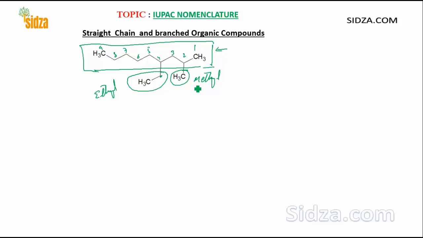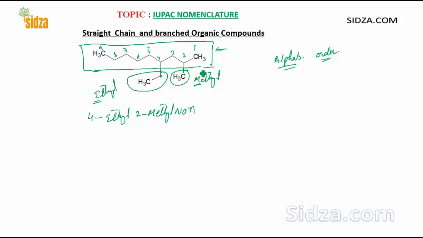Okay, here you have to remember that we write down the groups in the alphabetical order, right? So we write down the groups here in the alphabetical order. The one which comes first in the alphabetical order should be written first. So therefore E comes first then M, right? Isn't it? E comes first then M. So therefore we'll write down here the 4-ethyl here, right? Okay, 4-ethyl, 2-methyl, right? 4-ethyl, 2-methyl,